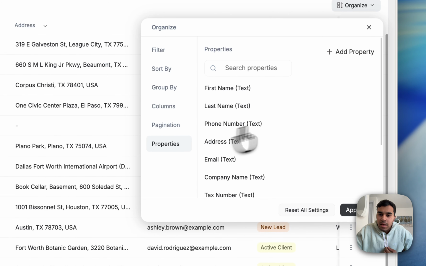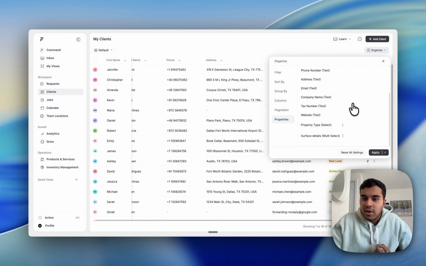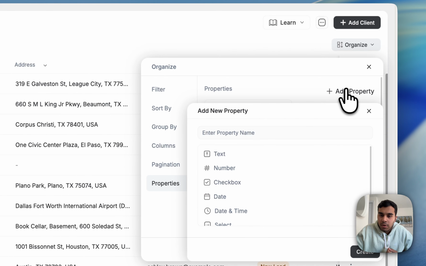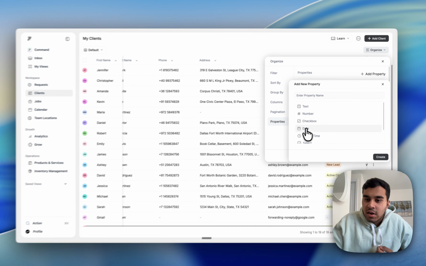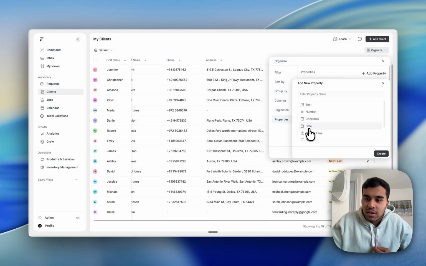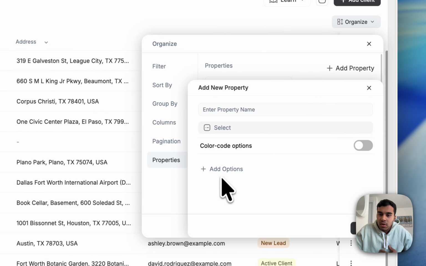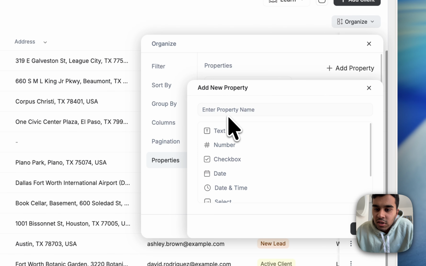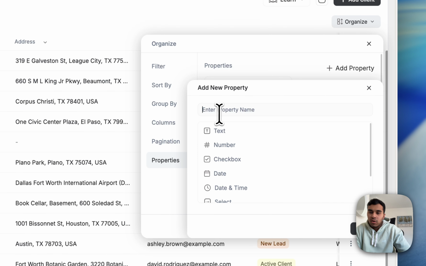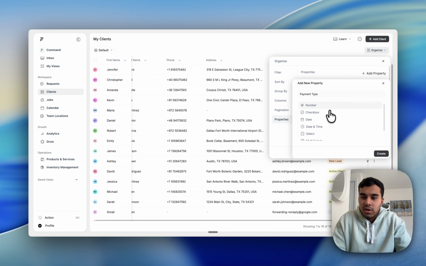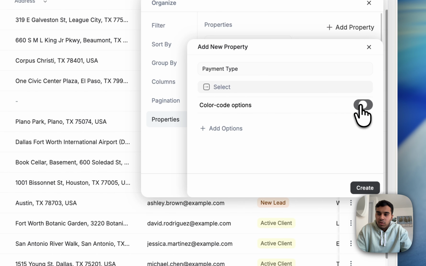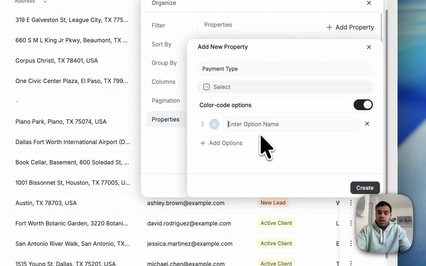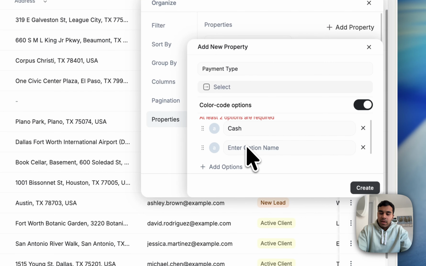And lastly, if you want to add custom properties, then you can add them from here, where you say I want to add a new property. The property type has a few types like text, number, etc. Let's take a common example, say payment type: how is this customer paying you? Then what you can do is set payment type as the filter name, and select as the property type. You can color code it, and then you can say cash, then card,